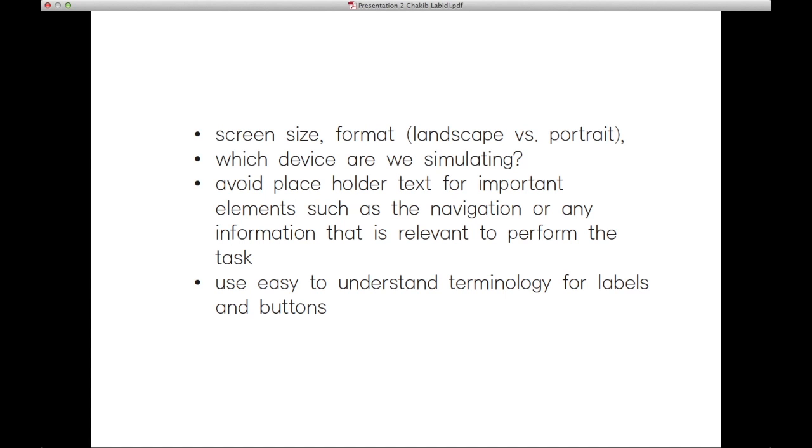Can you tell the rest of the audience what you remember from the design patterns? Solutions to common problems. Exactly, solutions for common problems. Tested, already tested. That has been tested and most people are familiar with. That's the whole idea, so that they don't need to learn how to use a certain button or a tabbed